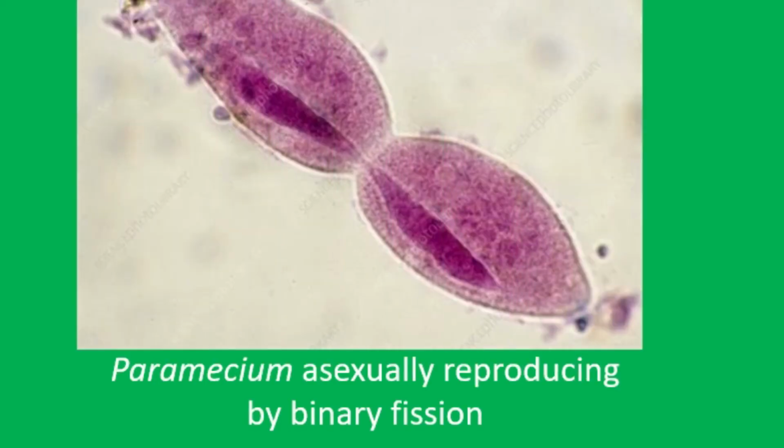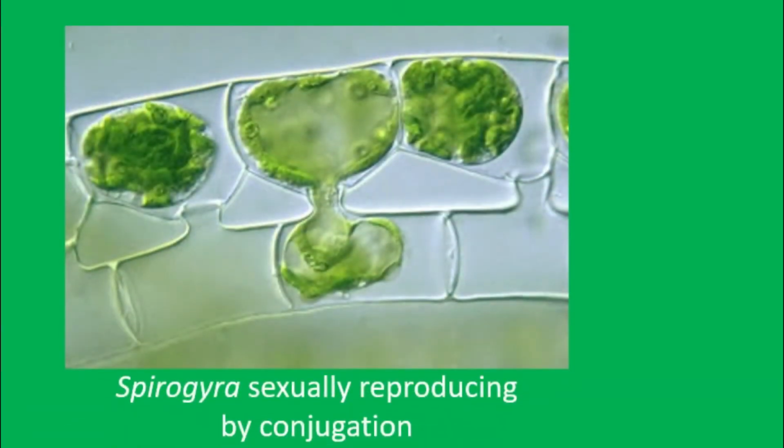Most undergo asexual reproduction in the form of binary fission. Many protists can undergo both asexual and sexual reproduction, such as Spirogyra. Asexual reproduction is useful when the environment is stable and nutrients are plentiful. Sexual reproduction is useful when the environment is unstable, as it allows organisms to genetically change the next generation of organisms to hopefully adapt to these changes.